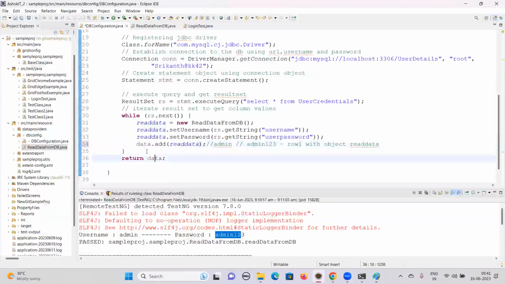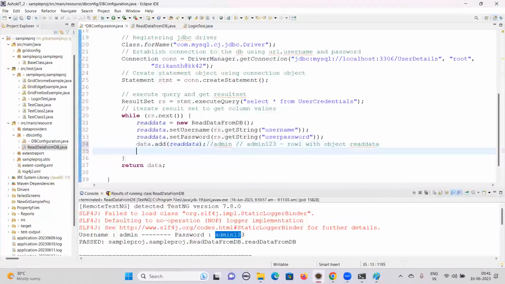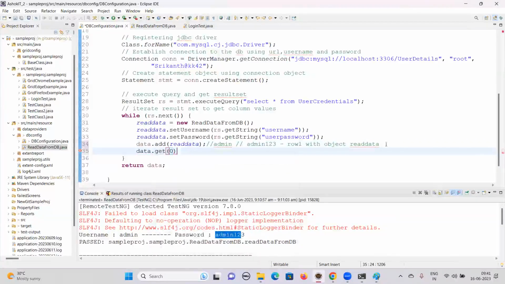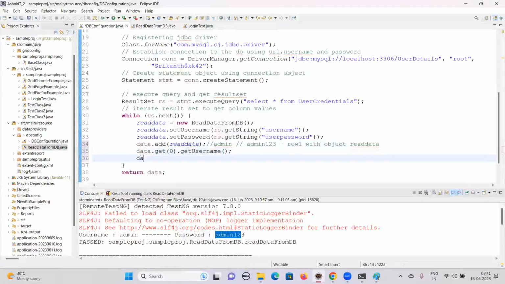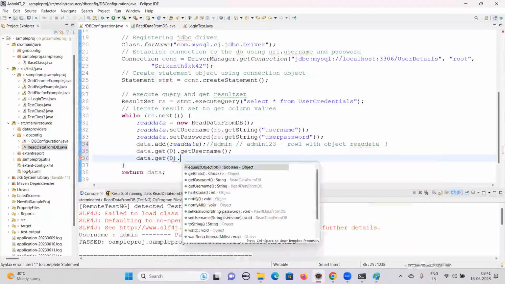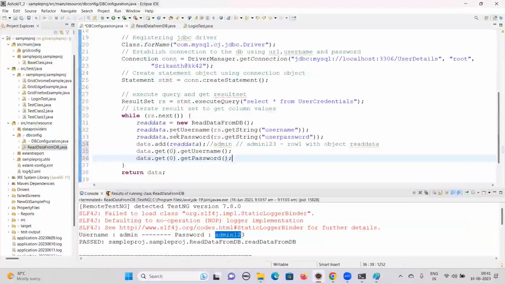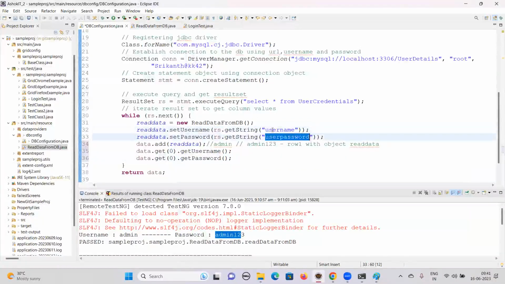Okay, so if you go here and want to get that data, you can say get index of first row, first row dot get username. So data dot get 0 dot get password. What it does is set the details of this username and user password into this particular